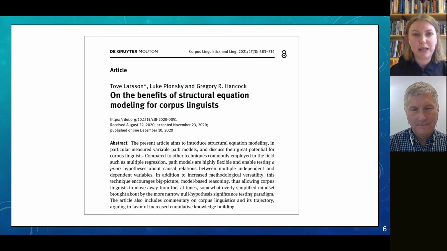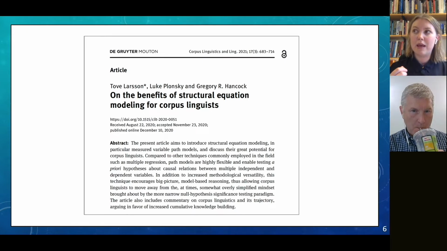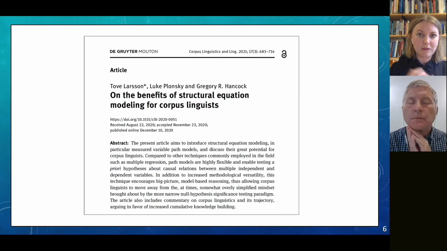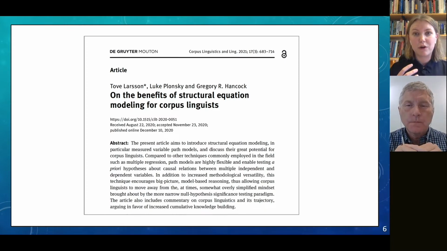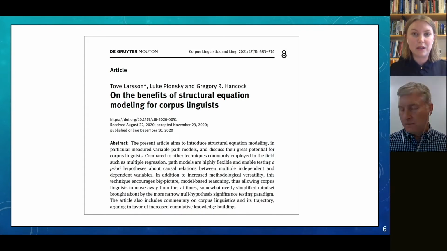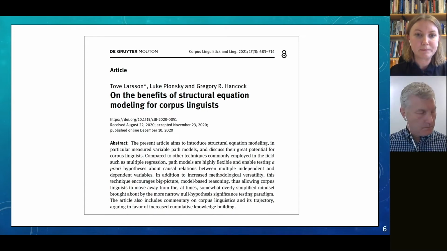And this all resulted in the article that, again, you have probably read for this workshop. It's available open access. Depending on your previous experience with SEM and with statistics in general, you might want to return to this article after this workshop. Our hope is that you'll then be able to understand all the different steps better, and that you can use this article perhaps more as a step-by-step guide to apply these methods to your data, to your research questions, and so on.